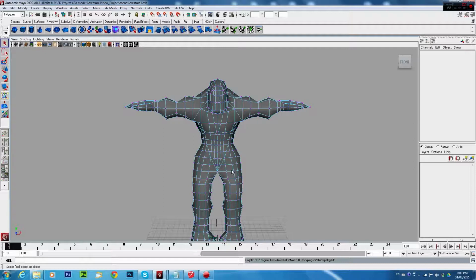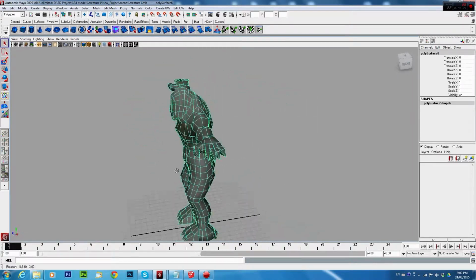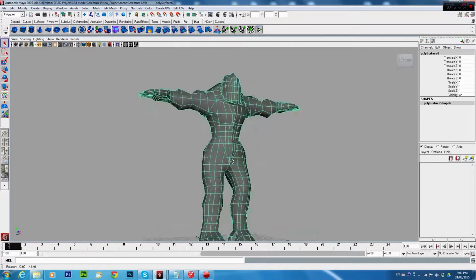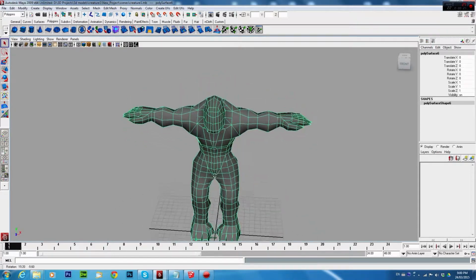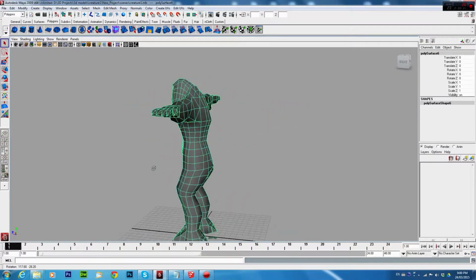So here we are. I am in Maya right now, and as you can see on the screen, we have a simple mesh of some character that I put together a while back, and I'm going to use this for demonstration purposes. If you look at it off the bat, as a beginner you may think this is kind of complex, and it could be for a beginner modeler, but actually this is a very low polygon model, and